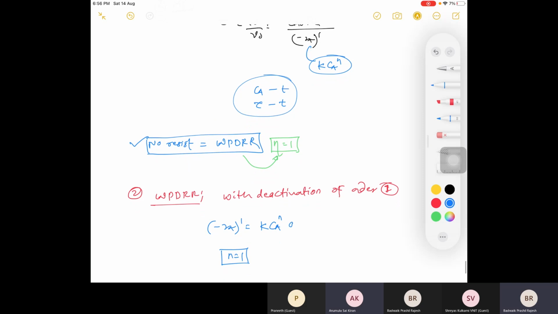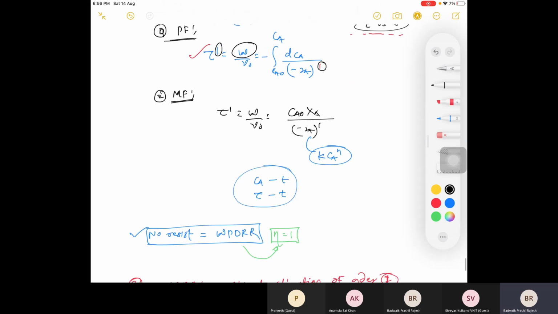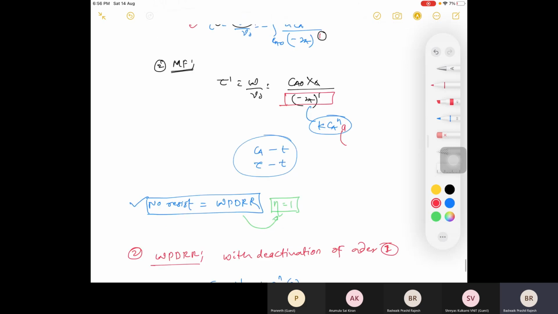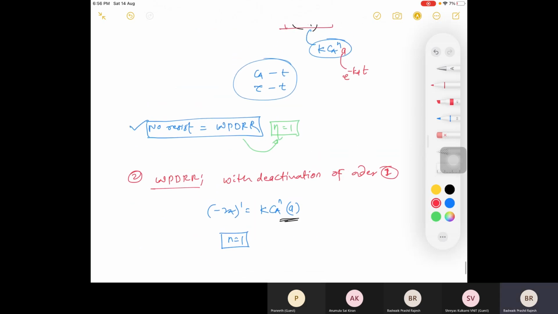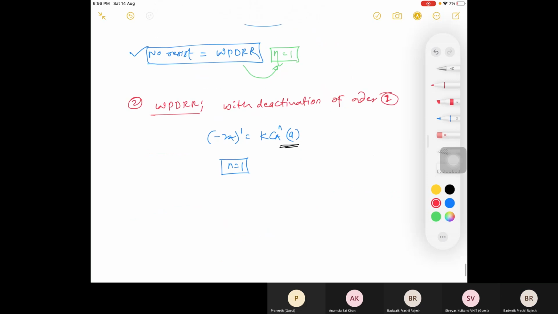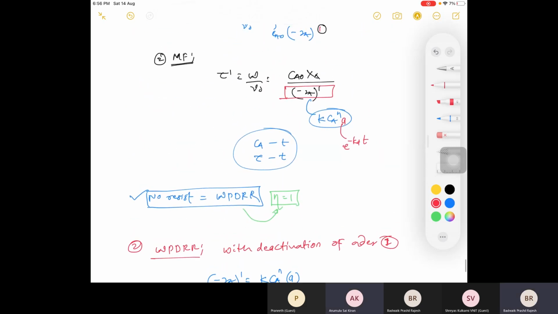Yes, you need to write a here. Just a. So whatever equation you got here, everything will be the same, but whenever you are substituting this value of minus Ra, you just need to write a here, and you can write it as e to the power minus kd into t. Other than that, everything is the same. Sir, Ca to the whole power m should be written now, sir. You can assume here if order is 1 or not. Suppose I'm assuming that, then that will be linear for me, so it will be easy to draw.